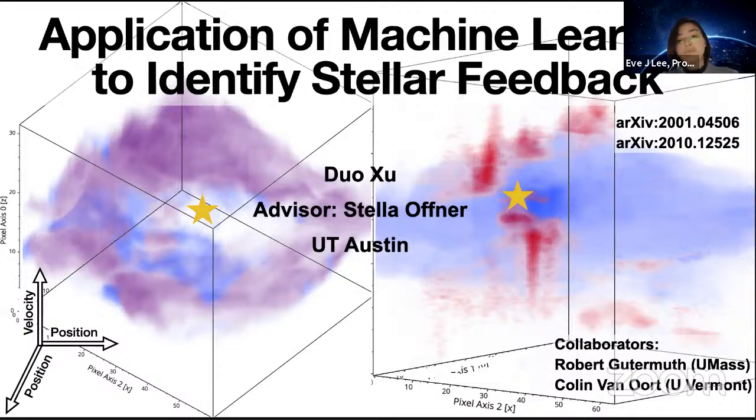machine learning techniques. Duo received his bachelor's in astronomy at Nanjing University, then moved on to the National Astronomical Observatories at the Chinese Academy of Sciences, obtaining his MA in astrophysics with Di Li. Then he moved on to UMass Amherst, where he began working with Stella, and they both moved on to